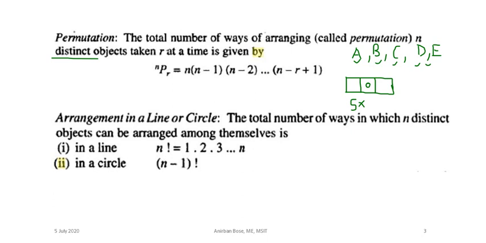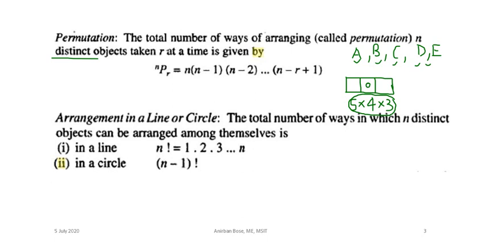So if one letter has already been used in the first place, then for the second place we have only the option of any of the 4 letters other than that one. So we can fill the second position by any one of the 4 letters. Similarly, for the third position, what is left is the 3 different letters other than the first 2. So we have 3 options. So this will be the total number of ways we can arrange 3-letter words out of these 5 letters. This is the answer.